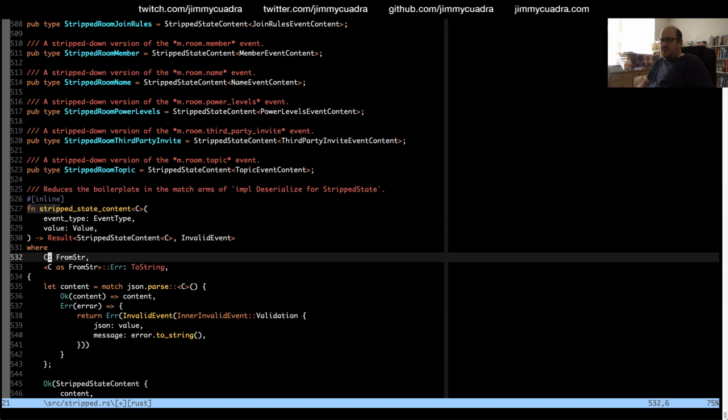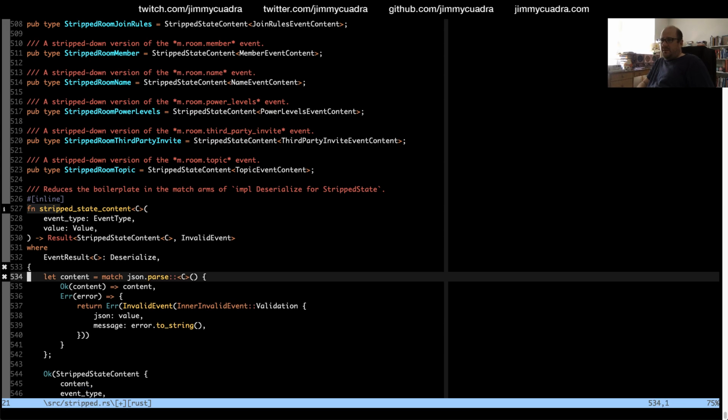So C needs to implement... there needs to be a event result of C must implement deserialize. I think that's all we need.